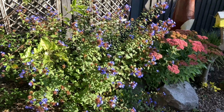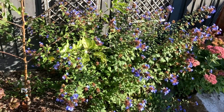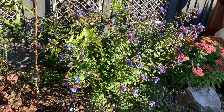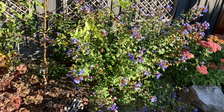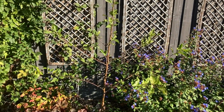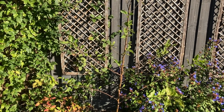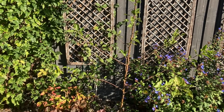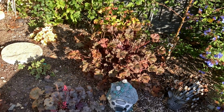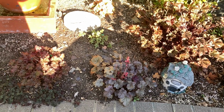Chinese plumbago, and it's been filled with pollinators, so that's been lovely. It's always lovely, and it just looks after itself. I just literally hack it down in the spring and it just does its own thing. Loving life. This is an apple tree which is very young still, and I do need to prune it. I need to research. I always just watch other people's YouTube videos of how to do everything, because I'm learning all the time. We have a selection of heucheras,